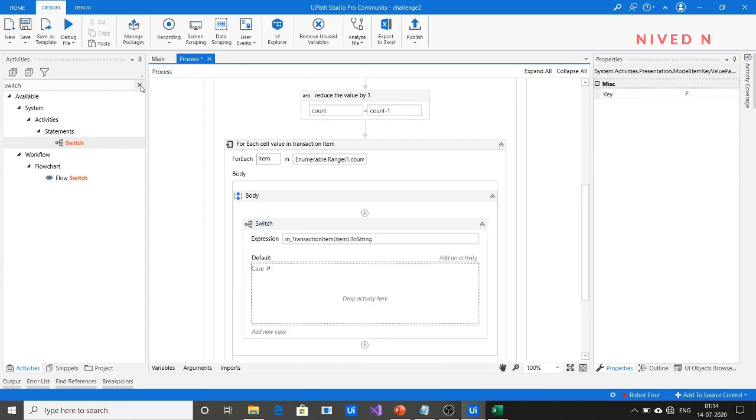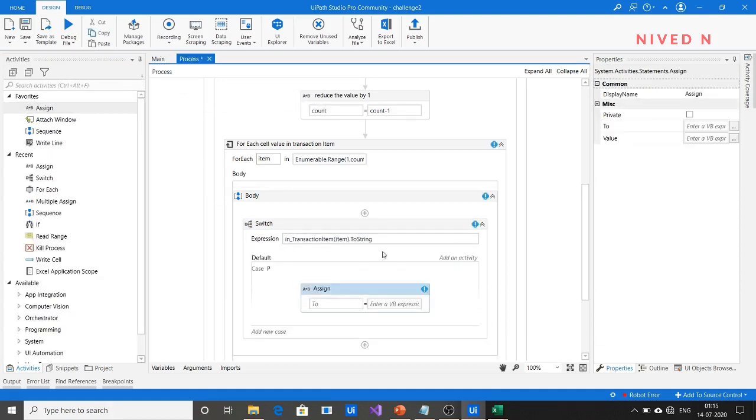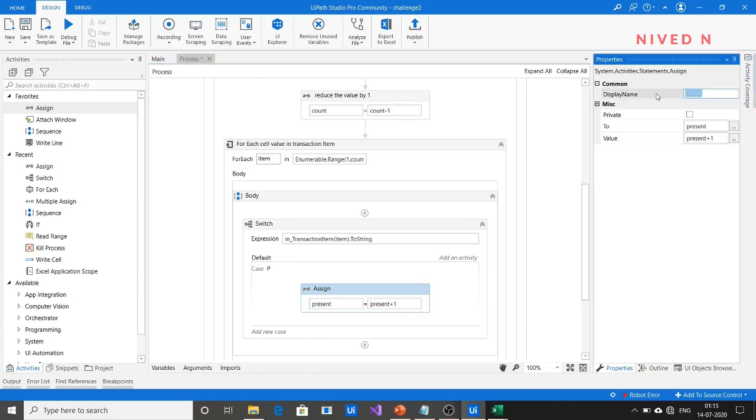When the transaction item of item dot to string is present, it represents that a cell value is present. What you have to do is increment the present variable by 1: present equals present plus 1. So you can specify it here as increment present by 1.